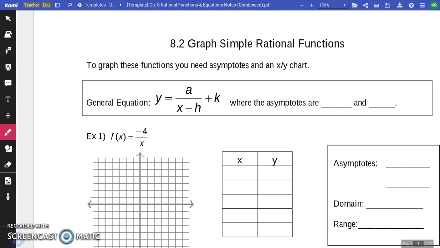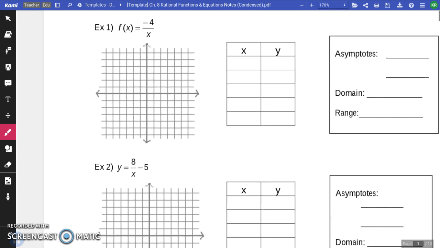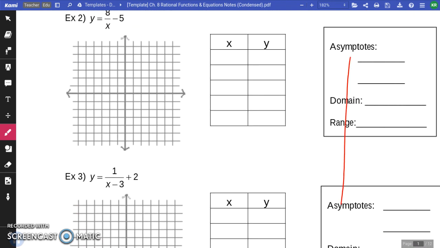Alright, so in yesterday's lesson we were working with graphing hyperbolas, and this was the equation that we were working with. So remember I said that there were two forms of an equation that would give us a hyperbola. So this one was that H and K form, which is where you would find your vertical and horizontal asymptotes. Okay, the one we're going to be working on today